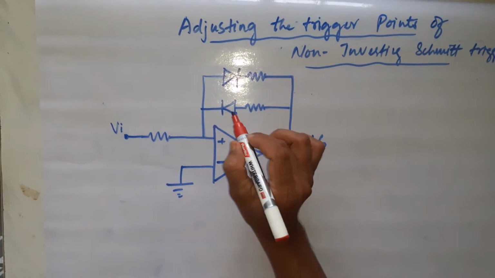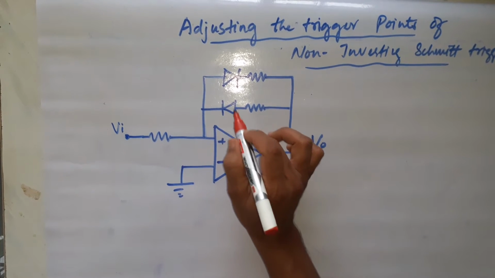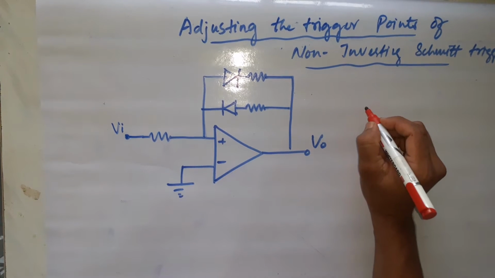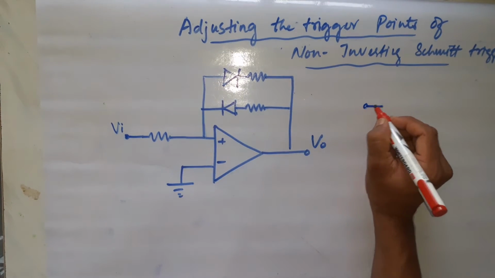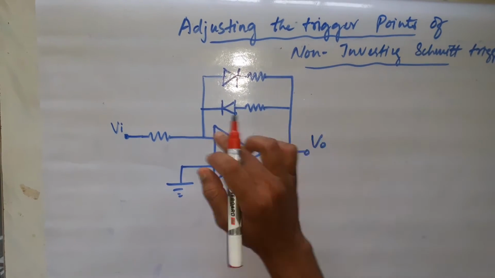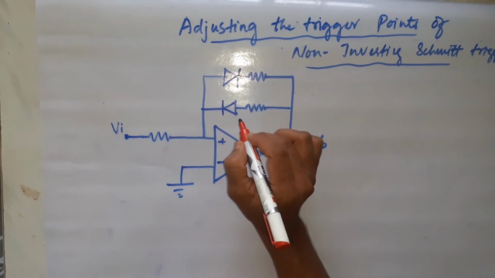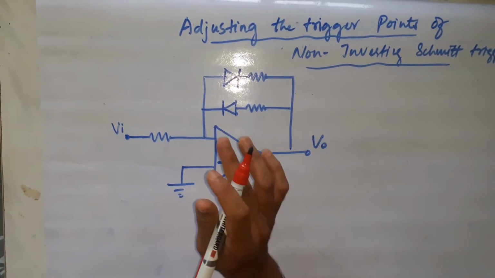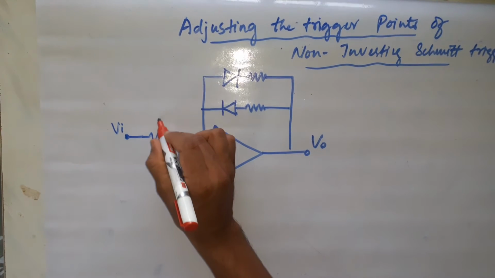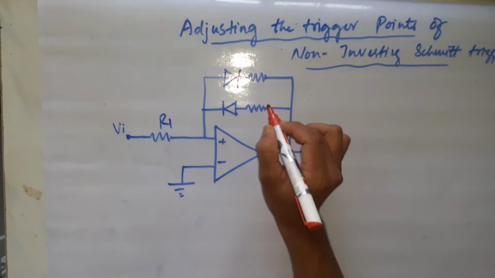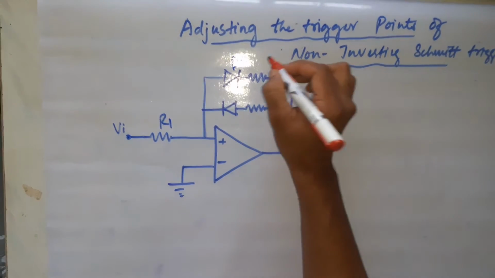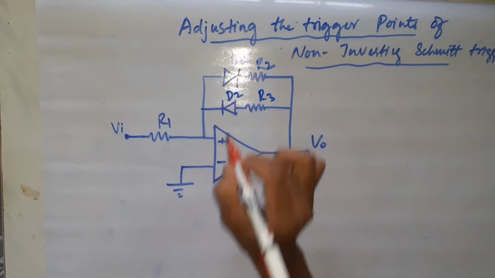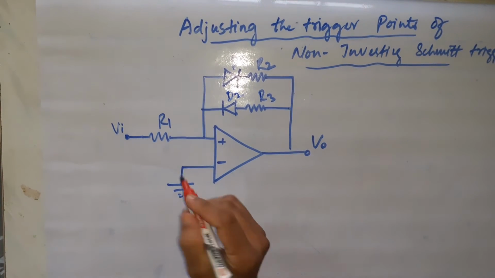Okay. The purpose of using a diode is that the diode will conduct only in forward bias condition, and in reverse bias condition it will act as an open switch. I repeat, the diode will conduct only in forward bias direction, and when it is reverse biased it will act as an open switch, no current will flow. So this concept will be used here. So this will be your R1, this should be a T1, R2, R3, D2. Yes.